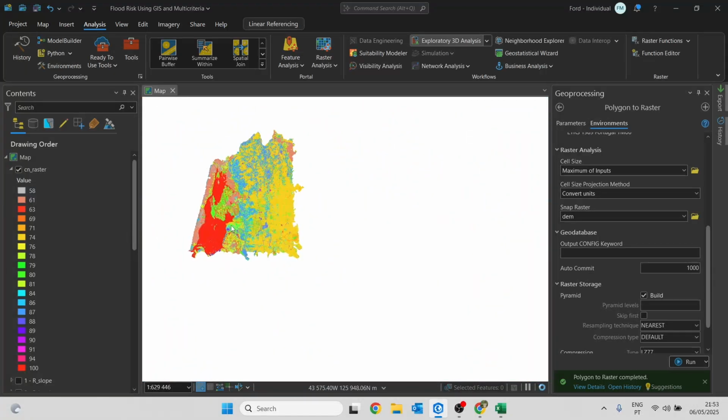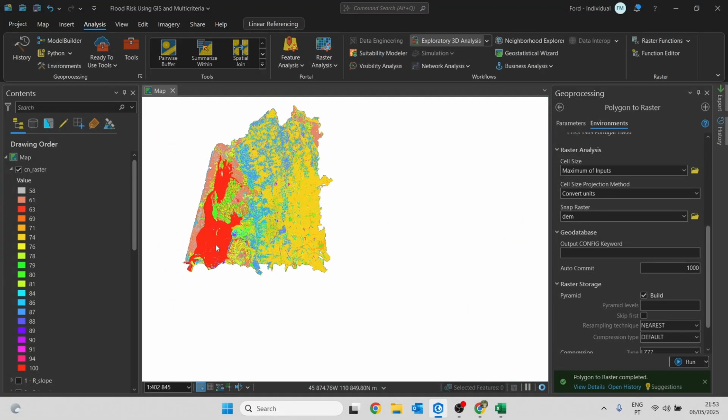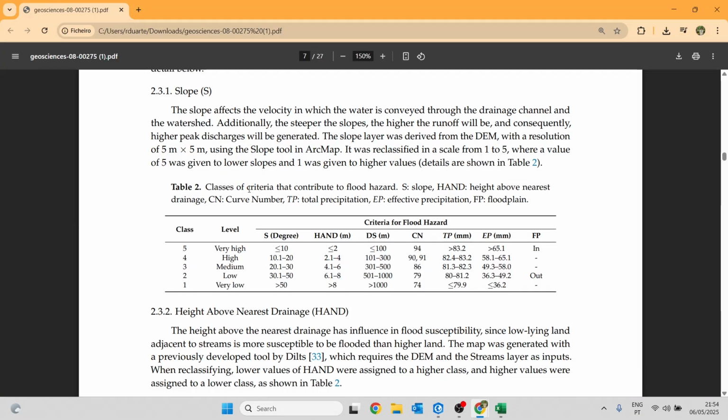So now if we go to the article once again, we now need to reclassify these values from 1 to 5. Okay. So as we can see here, the bigger CN values will have a value of 5 and the lower will have a value of 1. In the example from the article, the range of values was narrower, going from 74 to 94, while in our case the values range from 58 to 100.